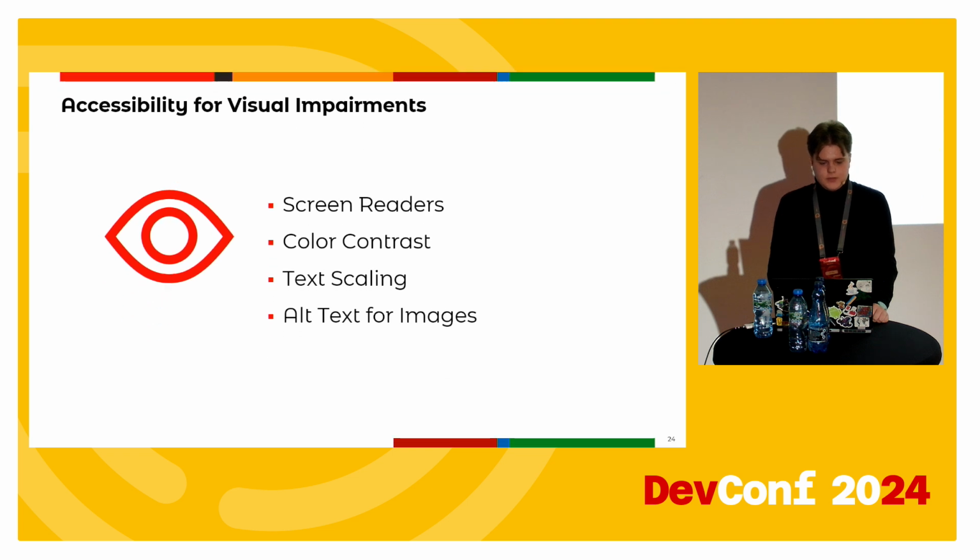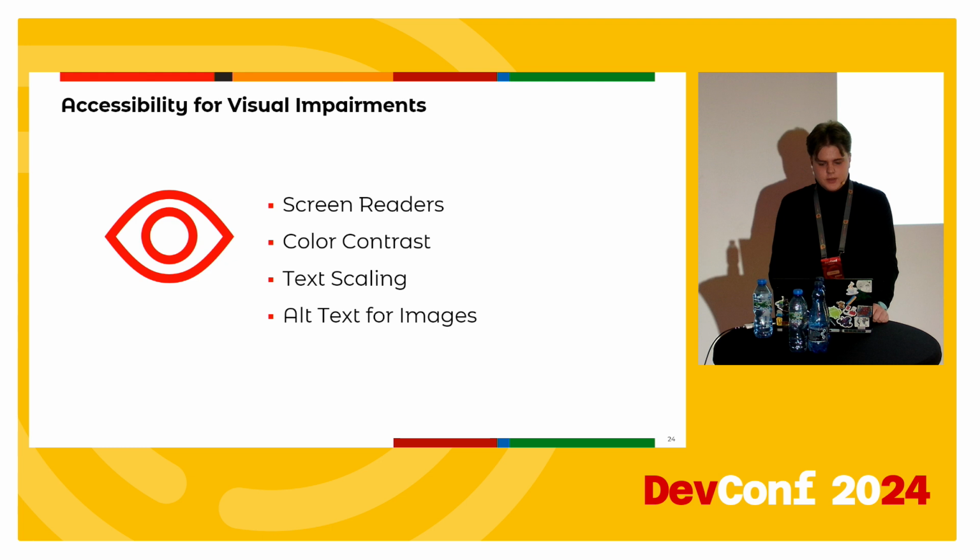For users with visual impairments, whether partially sighted or completely blind, screen readers, high contrast displays, and text scaling are essential tools for app navigation. However, common accessibility barriers still exist, such as poor color contrast, non-descriptive buttons, and the absence of accessible alternatives for visual content. So here's how we can address these issues.